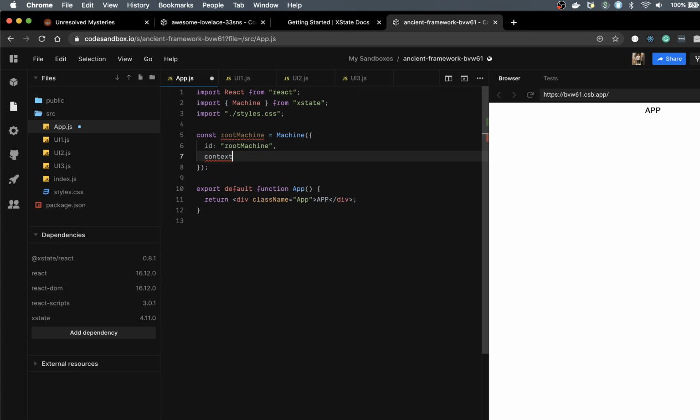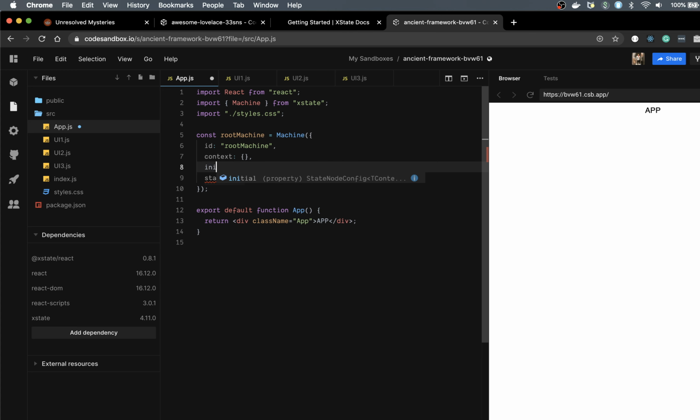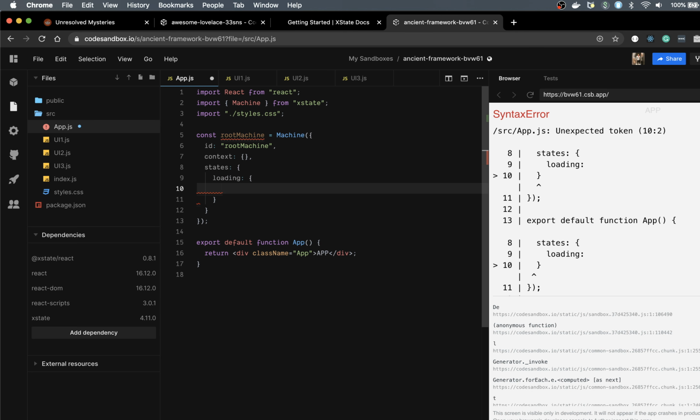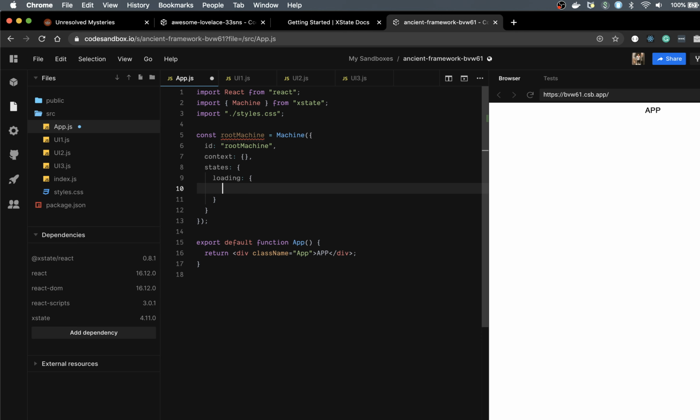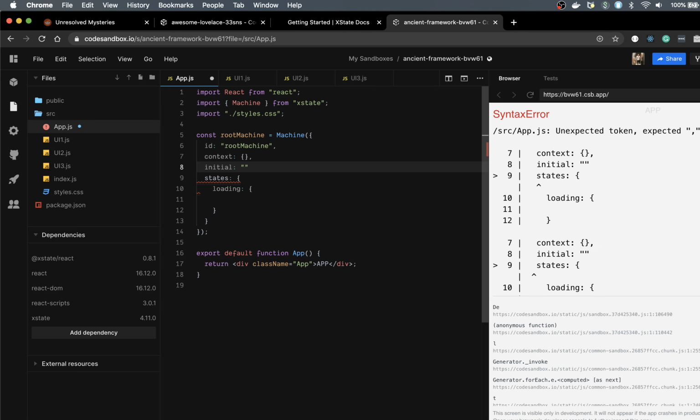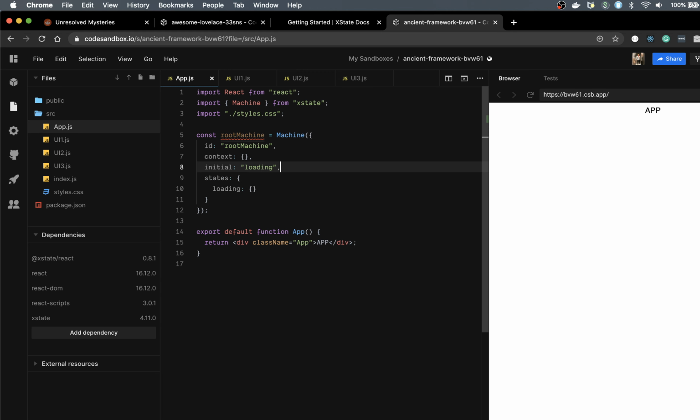Let's add some context here. Context means memory, and let's add some states, and let's have an initial. Okay, let's first define the states. So there can be a few states here. First is going to be loading, because whenever this route loads, the default state is going to be loading. So we define the initial state by writing initial and then the name of the state, which is loading. So we have the loading state, which is the initial state, and after loading it may go to the state ui1